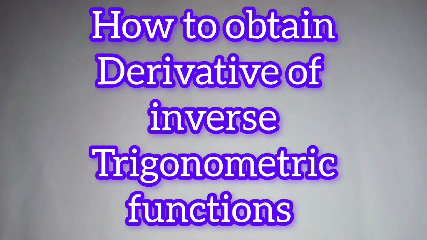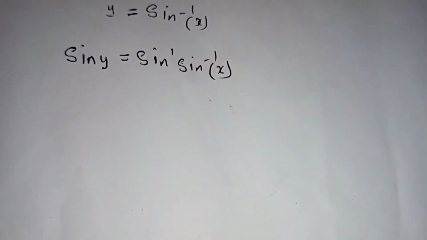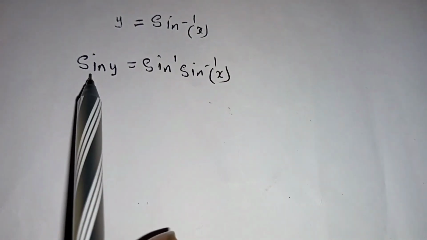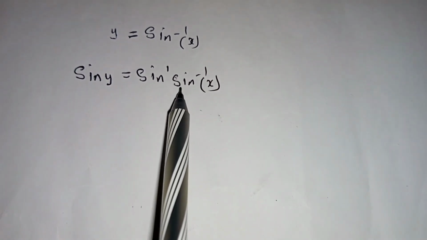Inverse of trigonometric ratios. Today, we want to focus on how to obtain the derivative of sine inverse of x. Sine inverse of a function of x is written as y is equal to sine inverse of x. So multiplying by sine, both sides will have sine y, which is equal to sine multiplied by sine inverse of